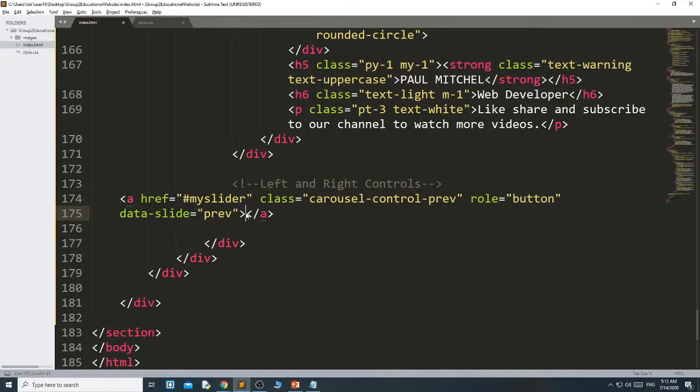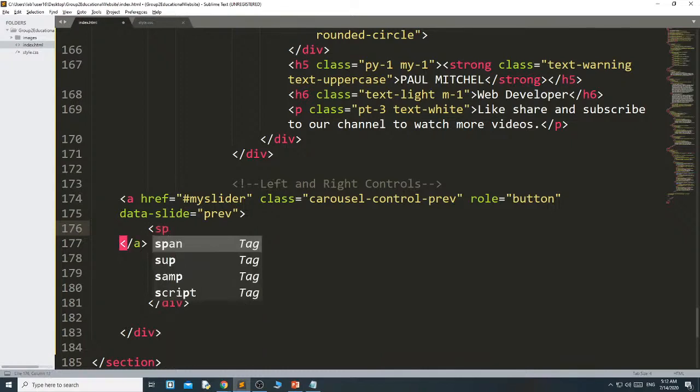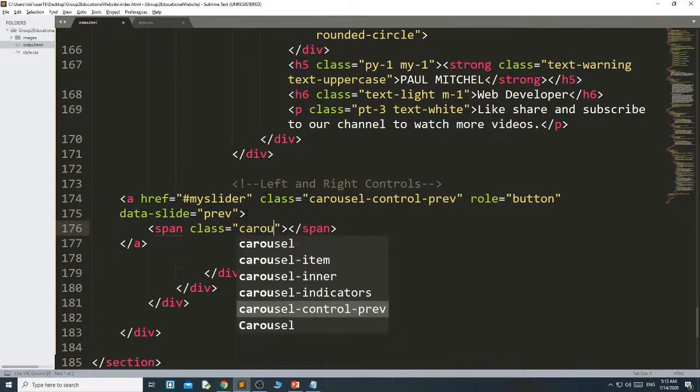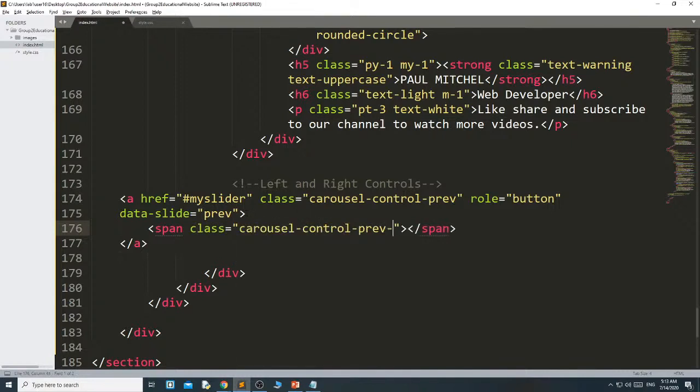Inside this you have to create that icon. To create that icon we are using span, then span class carousel control prev icon.